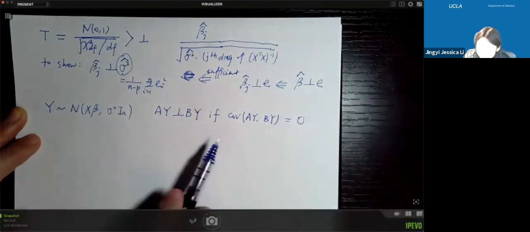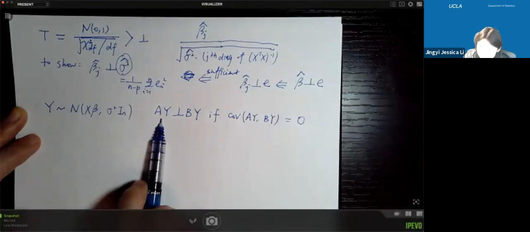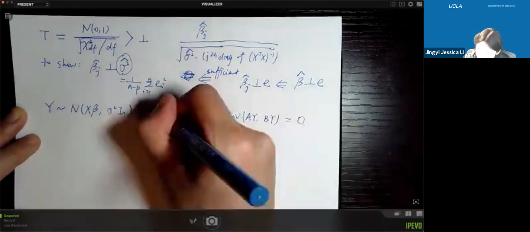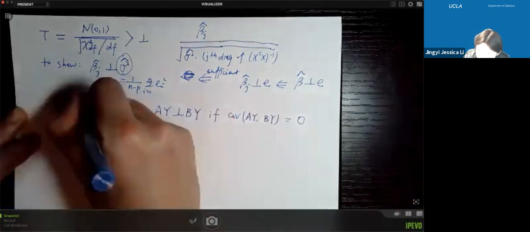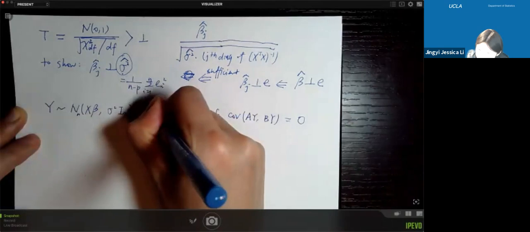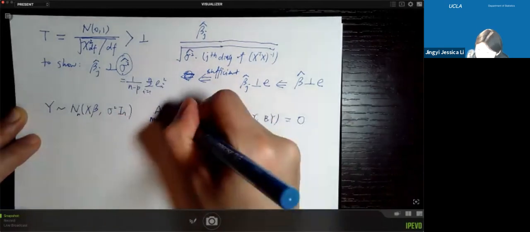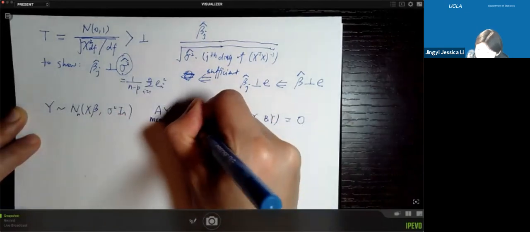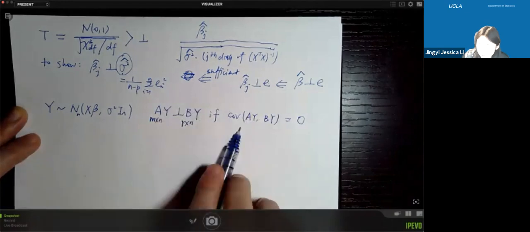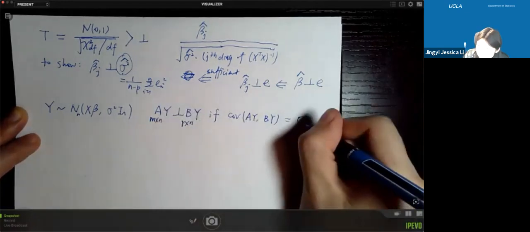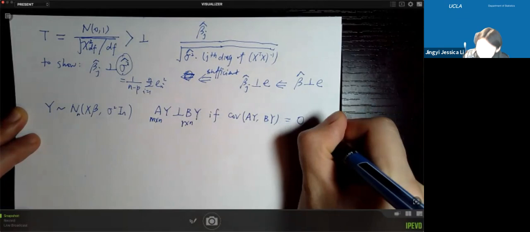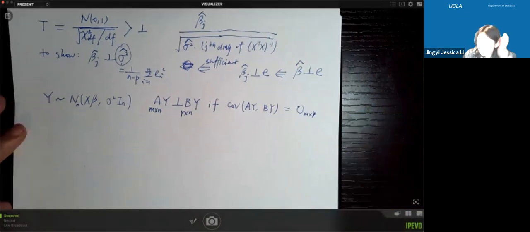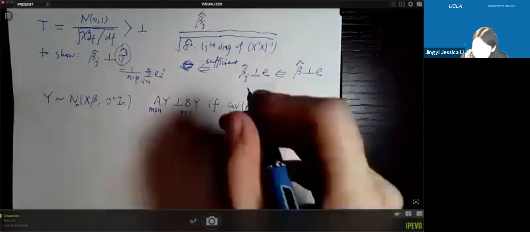Here I need to make the notation a little clearer. If A is m by n and B is r by m, then this covariance matrix will be an m by r zero matrix. That's what I mean. So if and only if,